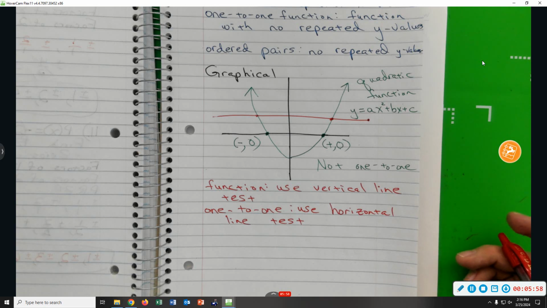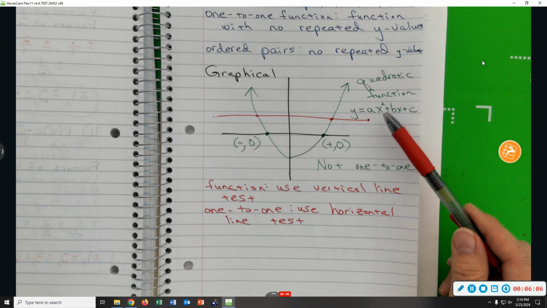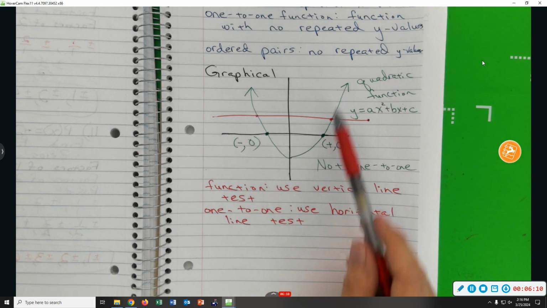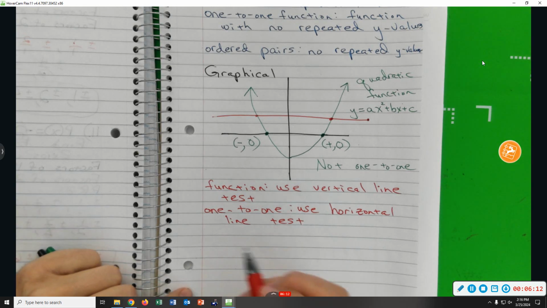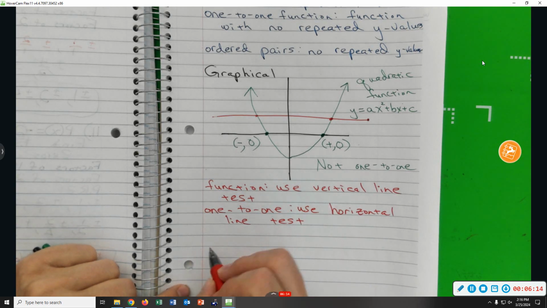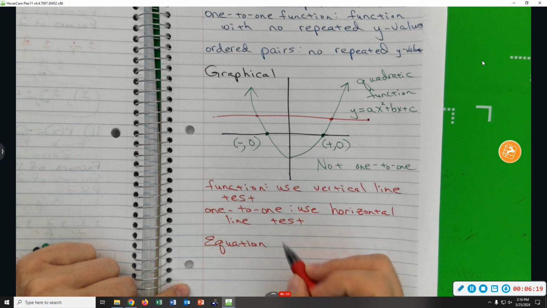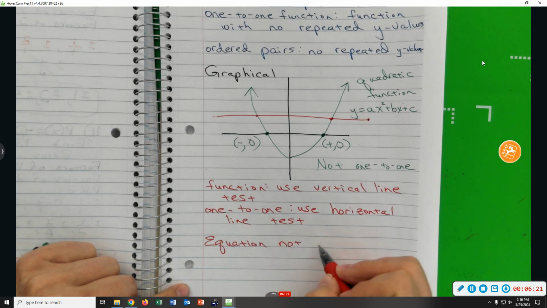You're going to get a positive sign. When you square it, you're going to get a positive 25. It's those even exponents that cause these repeated y values. So when you're looking at an equation, and for an equation not one-to-one,